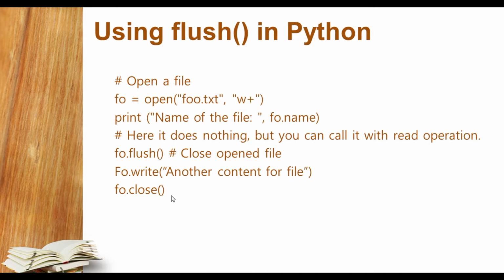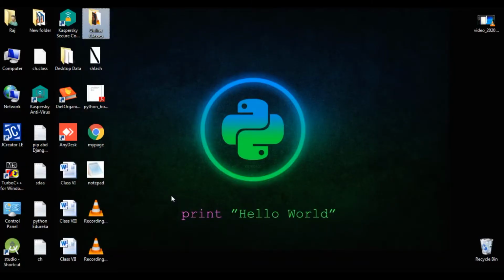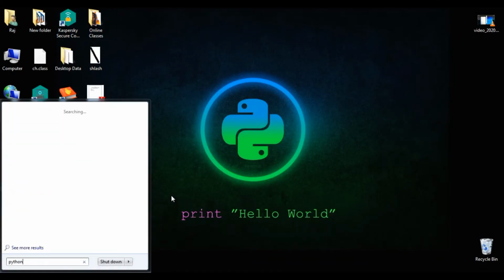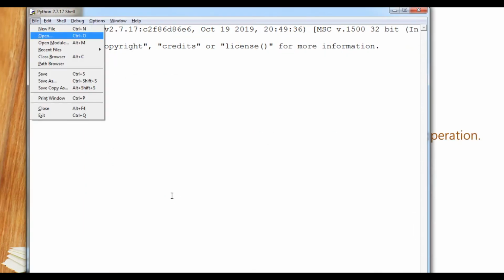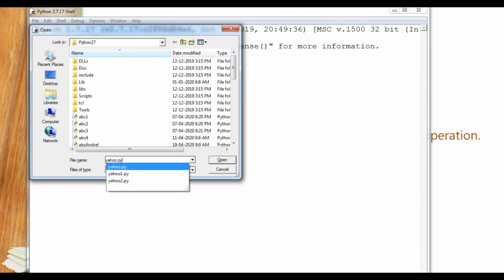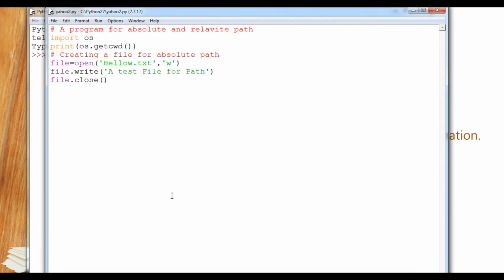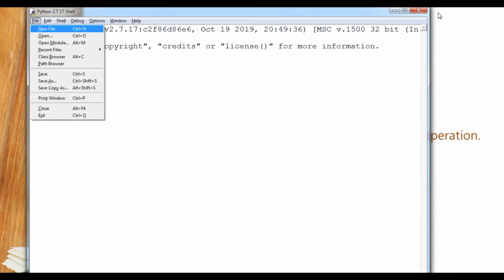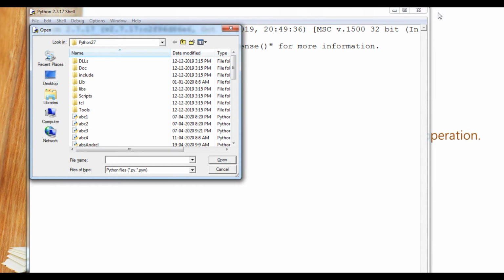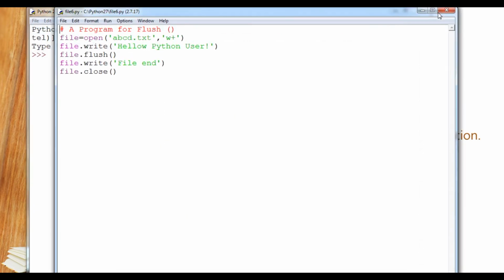Okay, so let's do it practically. Here is file 6 in which I have used the flush method.